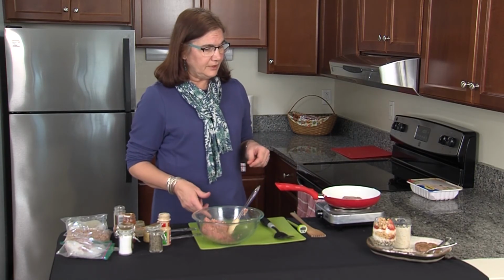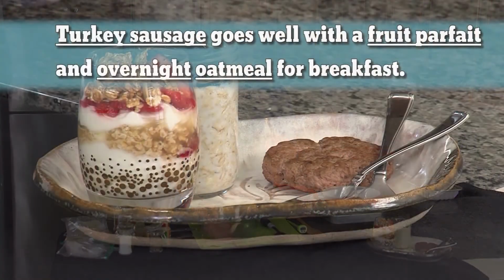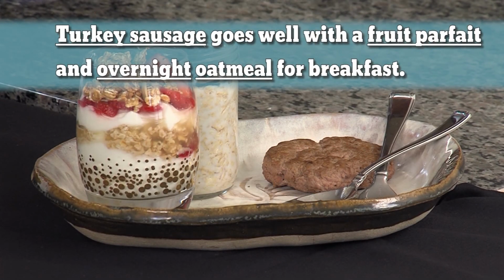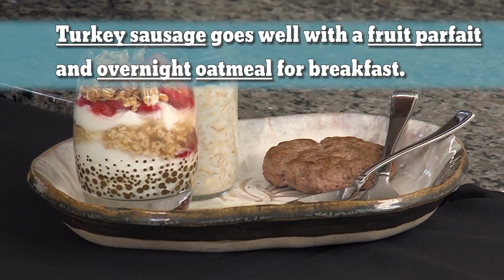As you can see on our plate with the rest of our terrific breakfast of fruit parfait, overnight oatmeal, we've added a turkey sausage patty so that we have a terrific breakfast that's easy to make and ready to go